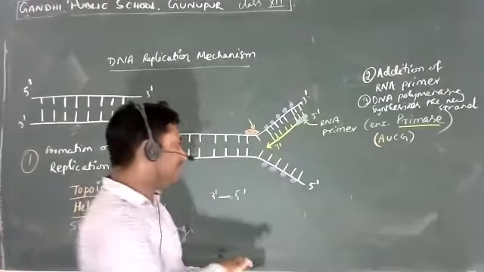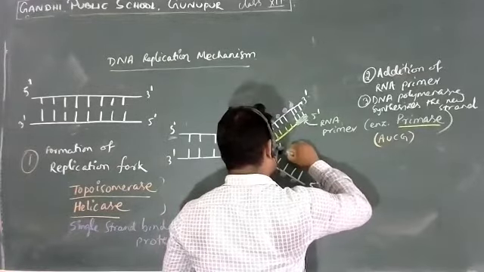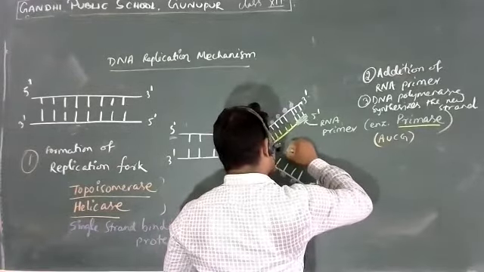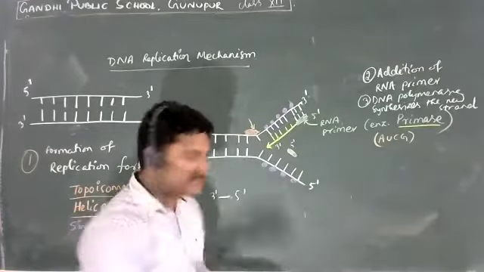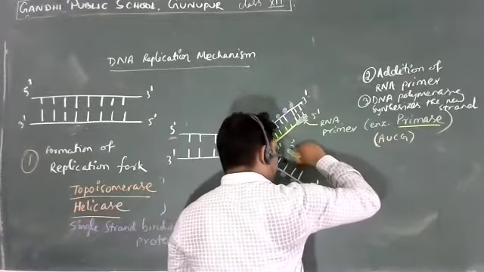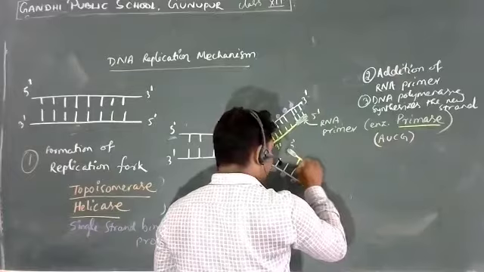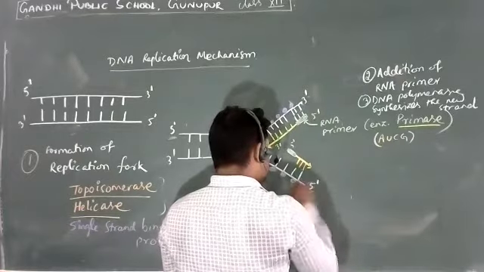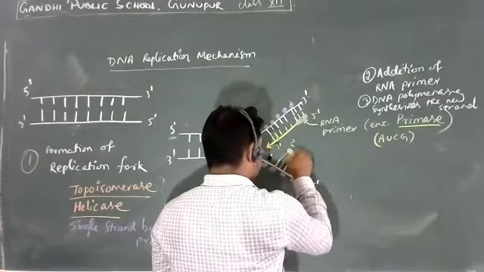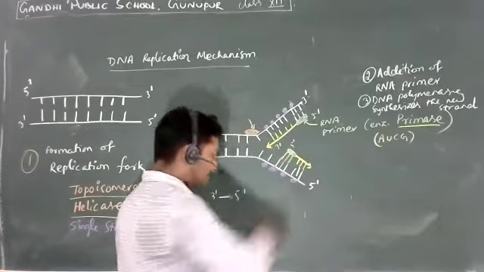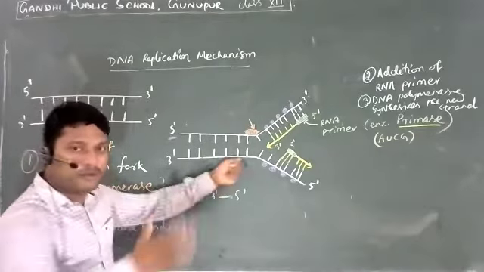So instead what happens is, here again the primer is going to be added. Okay, so here is our primer, and this is our 5' end, and here the synthesis goes on again from 5' to 3' end only. But as you can see here, the synthesis of this new strand is going to be from 5' to 3' end. Now, once the process continues, it is going to open again.